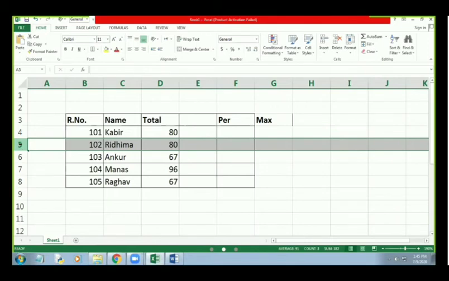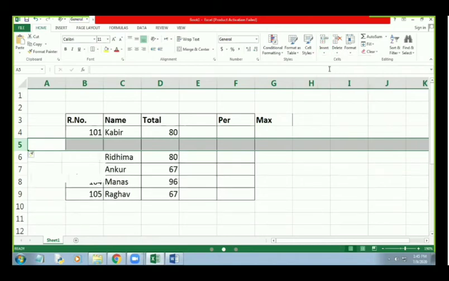So click over the row heading and after that click on Insert, then Insert Sheet Rows. Now a new row has appeared above the row. You can see this is the new row. In this way you can insert a row.